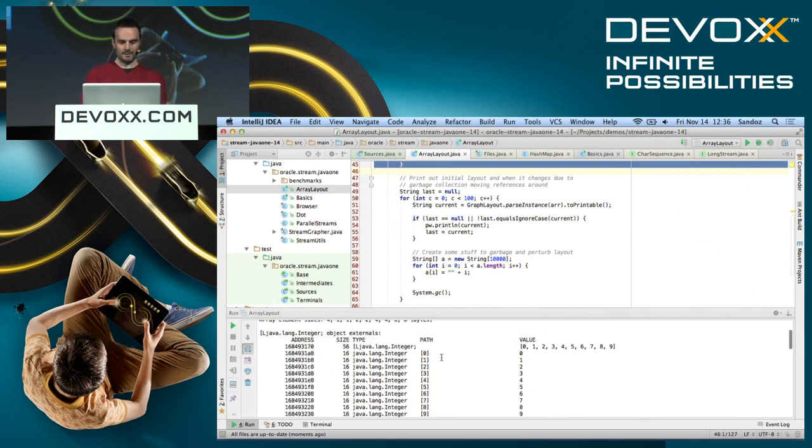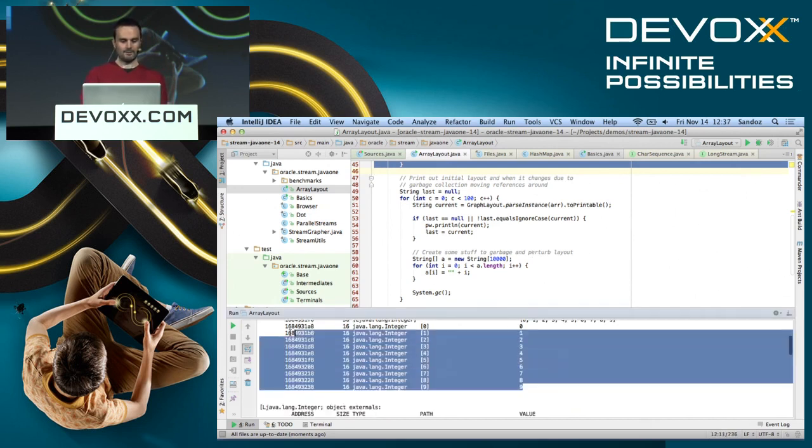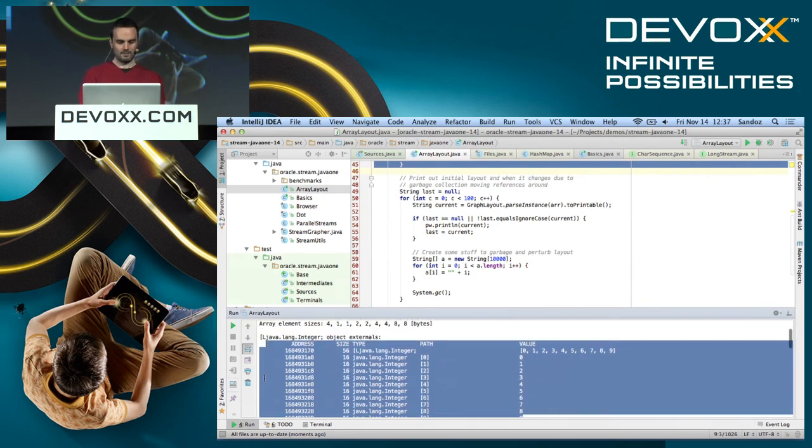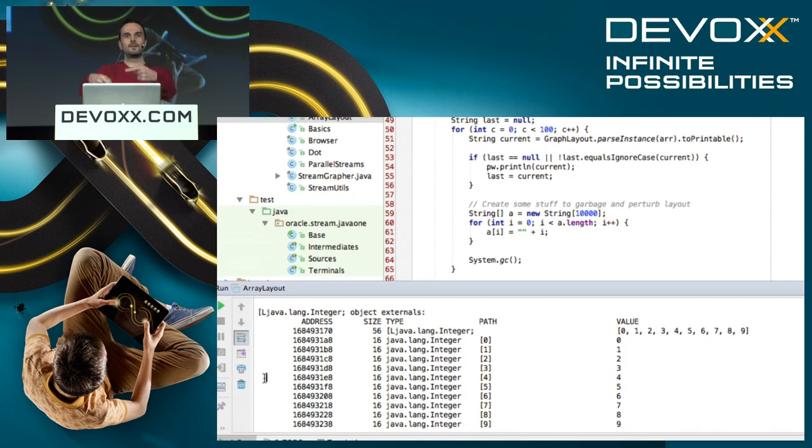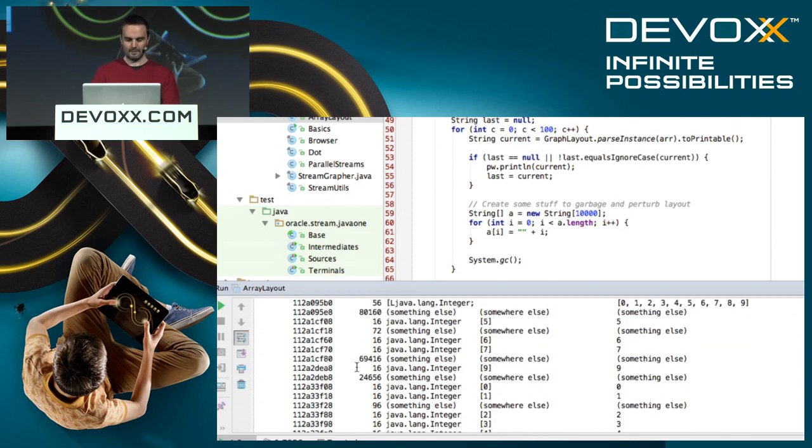So initially, if you see that, things are kind of nicely aligned. You can see I have the array created first, and I have the integers in there, and it all follows through. Prefetch will work quite nicely there. I won't blow my caches out. Okay, there'll be extra data related to object headers and stuff. But once GC starts kicking in, it spreads out and gets all mixed up. And that's where your performance will drop off the cliff there.